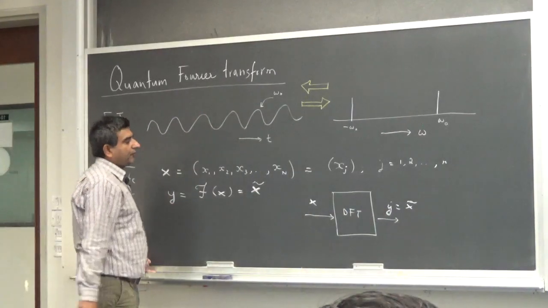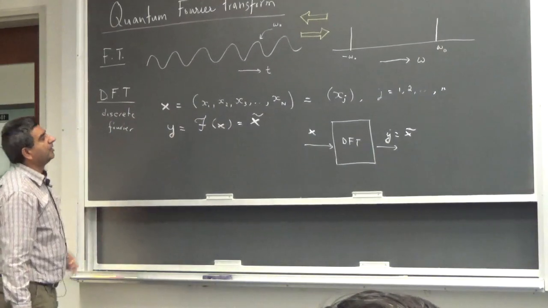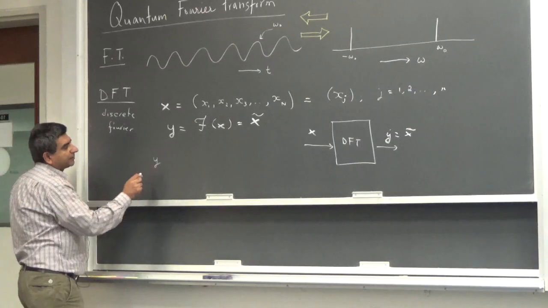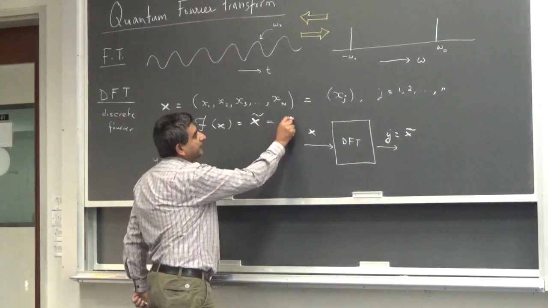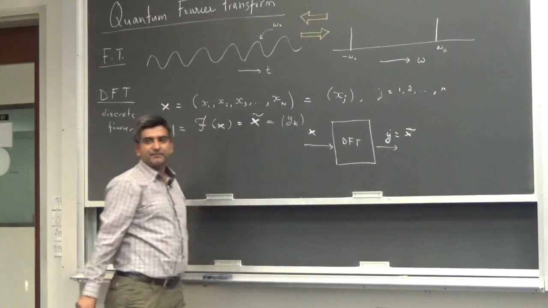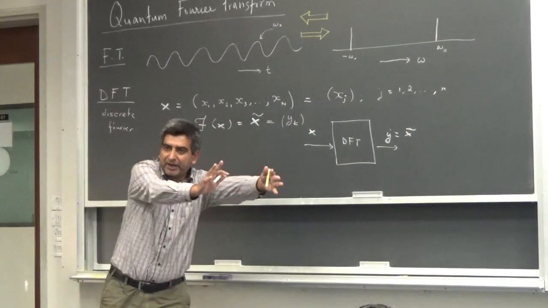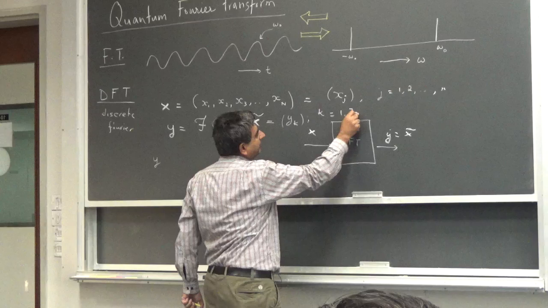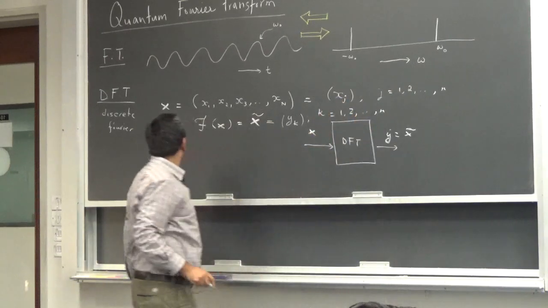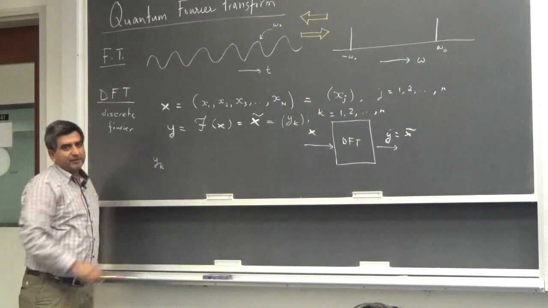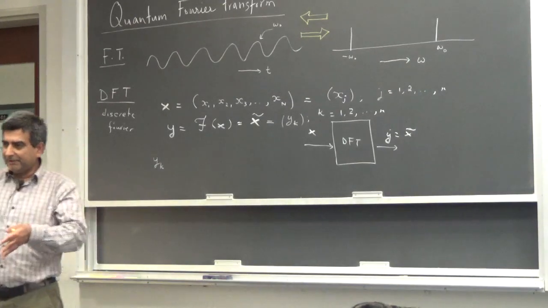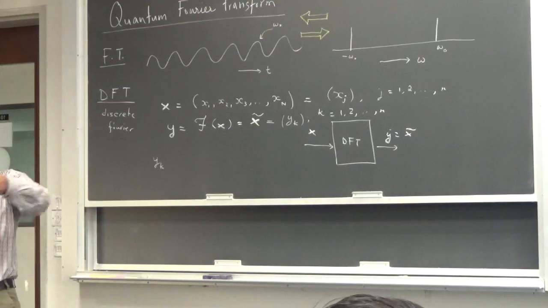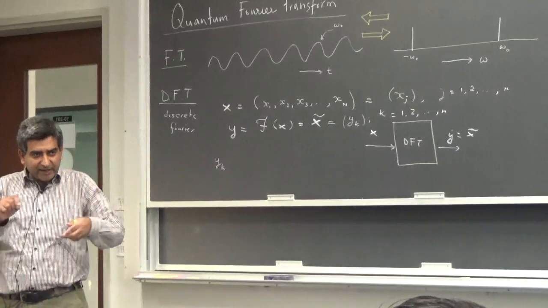And the definition of the discrete Fourier transform goes as follows. y will have certain components, so this y will comprise of the y_k's, correct? y1, y2, y3 and up to yn. So k also goes from 1 to n. Now the kth component of y is also called a Fourier coefficient. So now x has been represented in the Fourier space. A new vector has come up, that is the Fourier transform of x, and the components of y are called